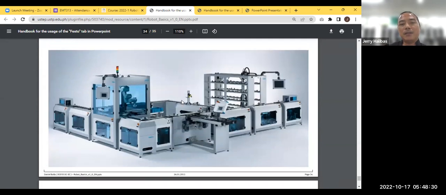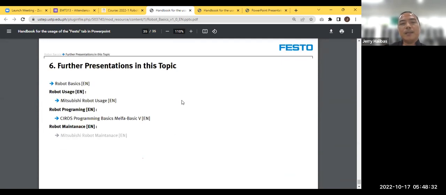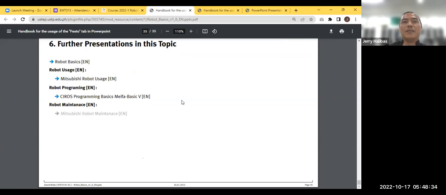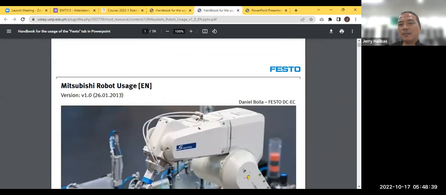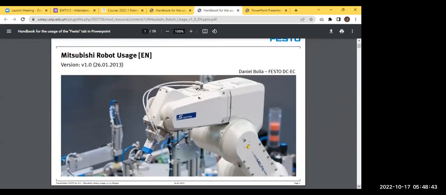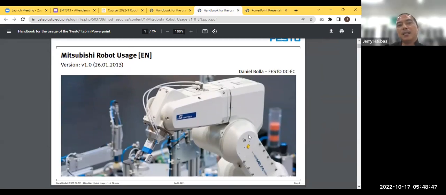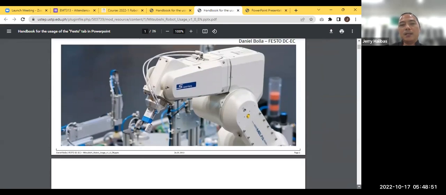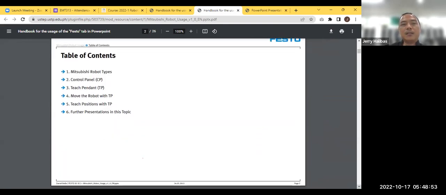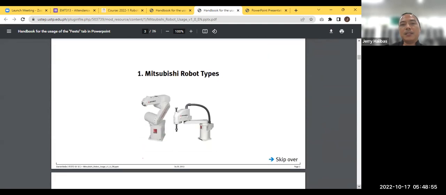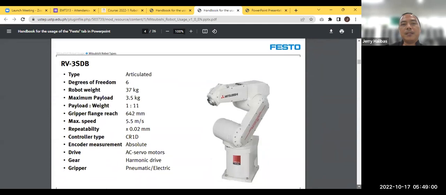Okay, so iFactory. Okay, so we're done with this slide. Then let's proceed to the next slide. Makita na ikaduha na slide, Mitsubishi robot. Yes, sir. Okay, very good. So morning next na to na slide. Okay, so let's proceed. So these are the table of contents. So this is the different types of